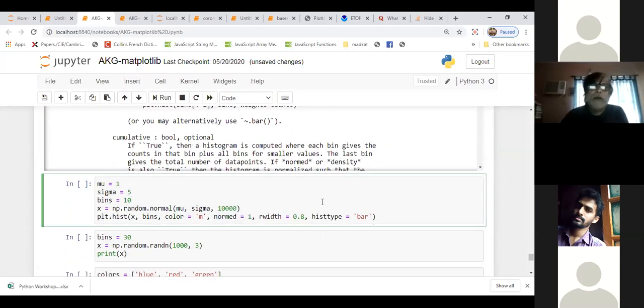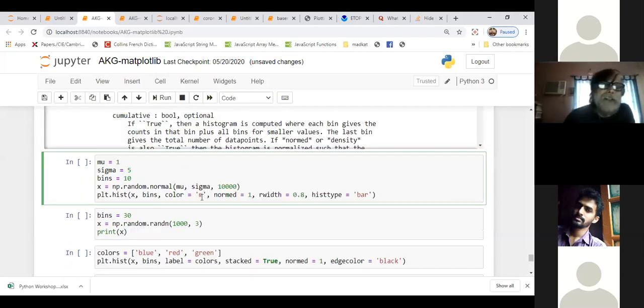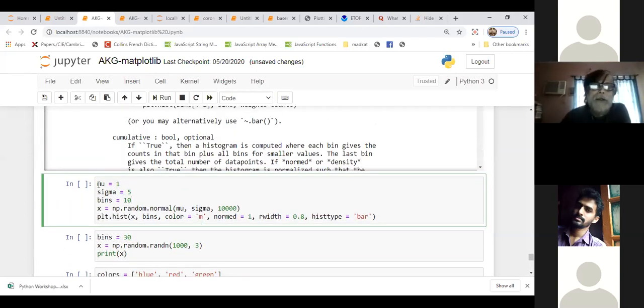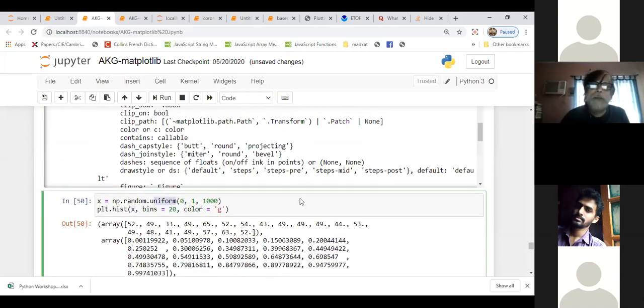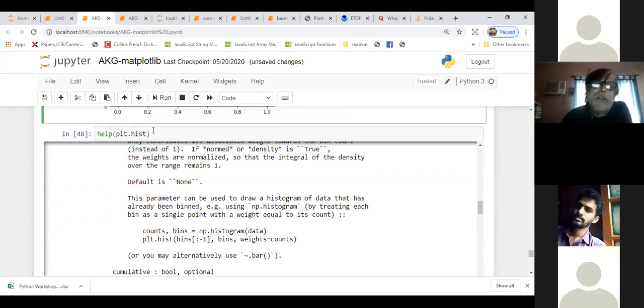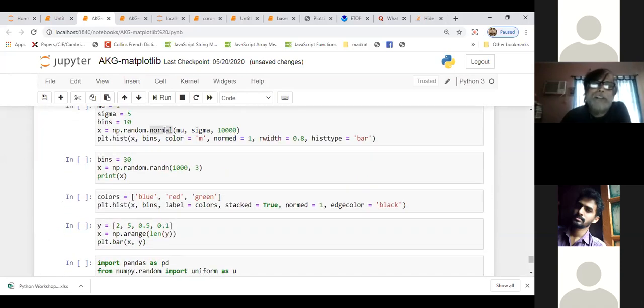Okay, here I have done this. I wanted to create a normal distribution. See, in NumPy, inside the random module, you have a normal generator, the normal distribution. Here you had the uniform distribution, here you have the normal distribution. I know for geographers, the normal distribution is a very popular one, because whatever you measure in your field, everything natural comes naturally as a normal distribution, not because it comes normally.